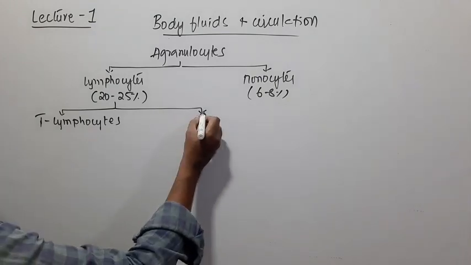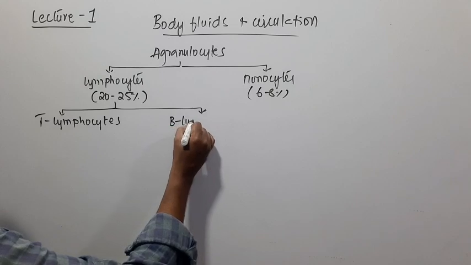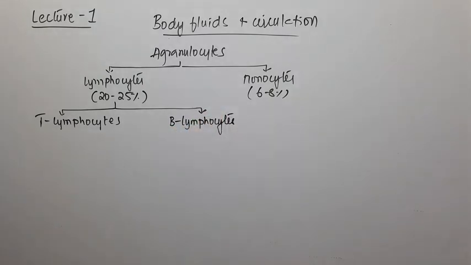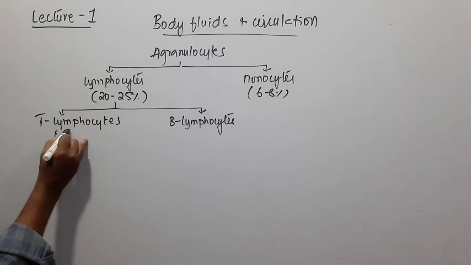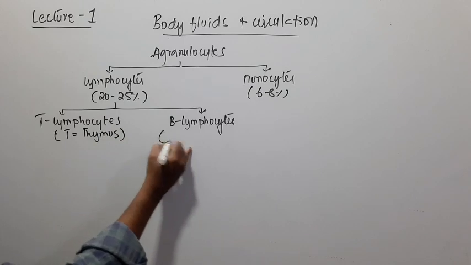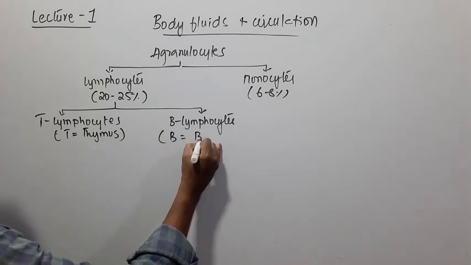And if they mature within the bone marrow itself, we call them B lymphocytes. So T lymphocytes and B lymphocytes. The T stands for the thymus, and the B stands for